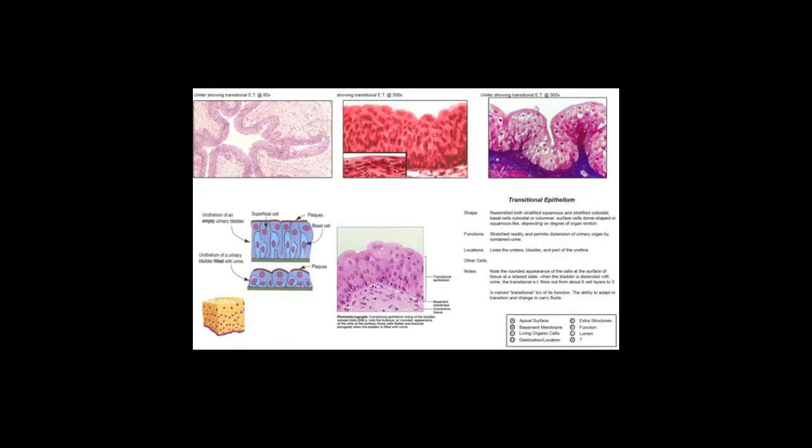The last stratified type of tissue we see is within the urinary structures, the urinary bladder, the urethra, and the ureter that leads into that bladder. You can see that when that bladder is empty, you're going to have a folding that occurs in the inner lining, and as